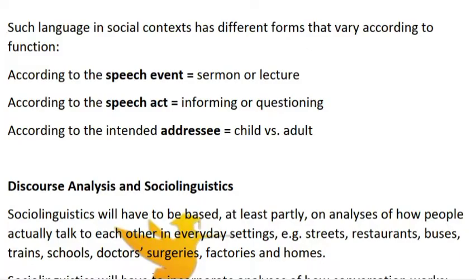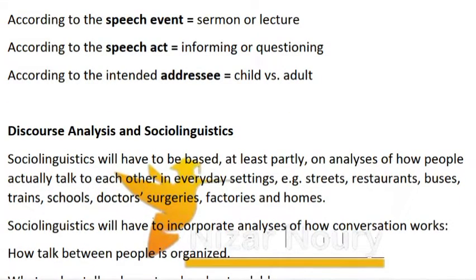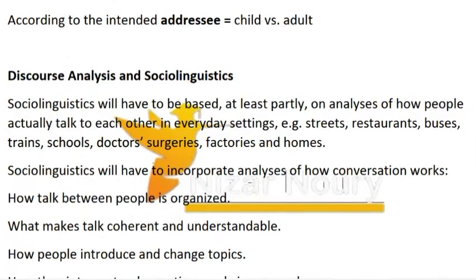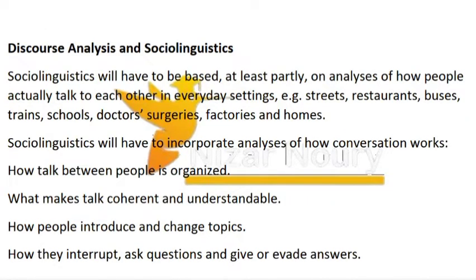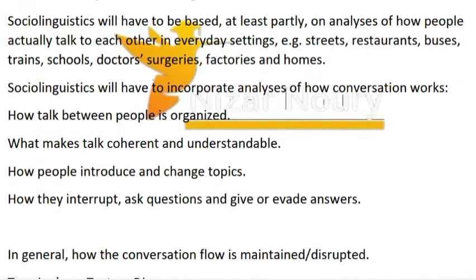Now let's move to discourse analysis and sociolinguistics. Sociolinguistics will have to be based, at least partly, on analyses of how people actually talk to each other in everyday settings, e.g., streets, restaurants, buses, trains, schools, doctors' surgeries, factories, and homes. Sociolinguistics will have to incorporate analyses of how conversation works, how talk between people is organized, what makes talk coherent and understandable,